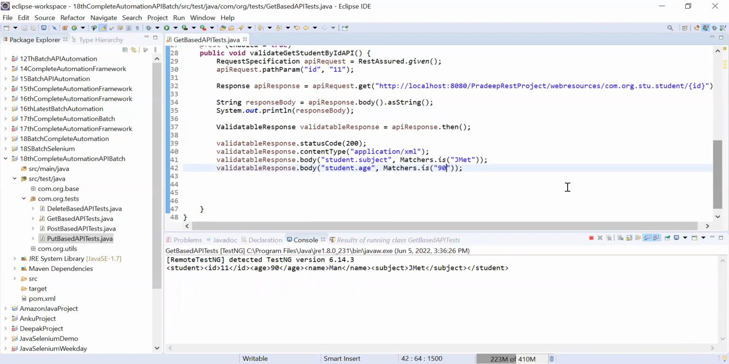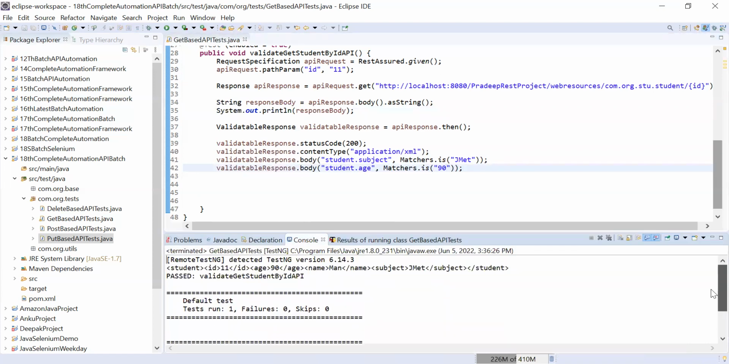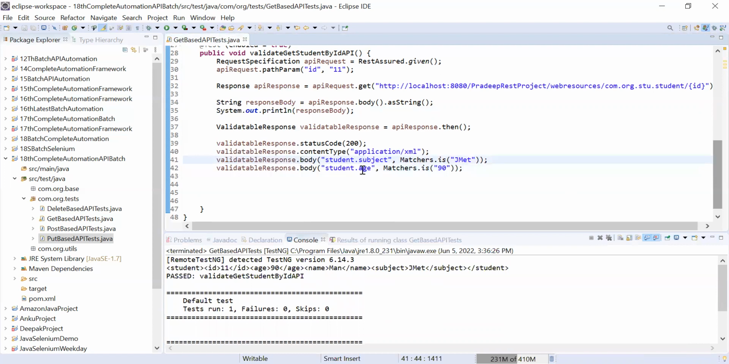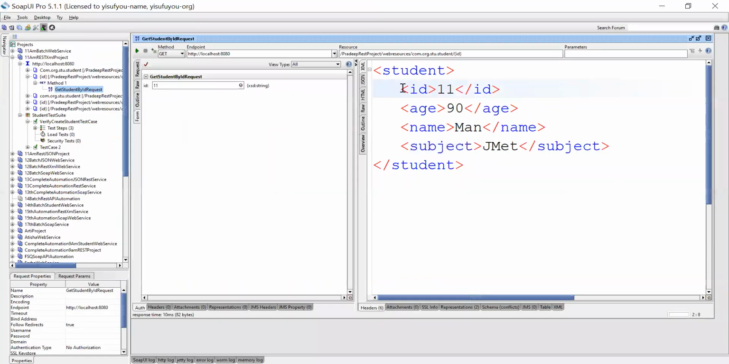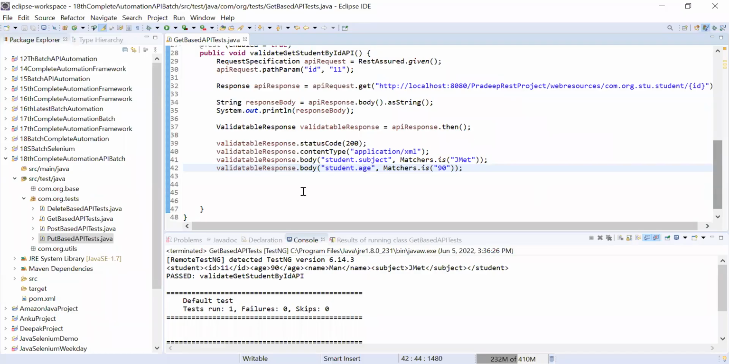Okay, so now you'll see definitely it is going to pass. So you can see you can validate subject, and in the same way you can validate any data from your response. I'm not going to validate other things like ID. Now the thing is that you can validate status code, you can validate the content type, you can validate any